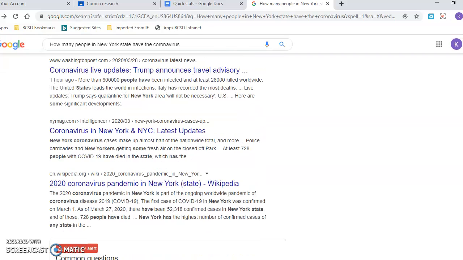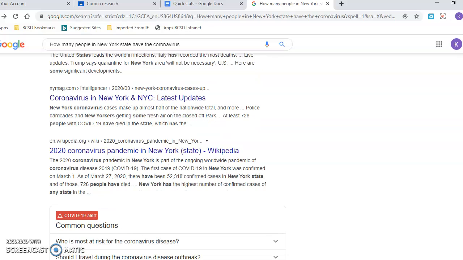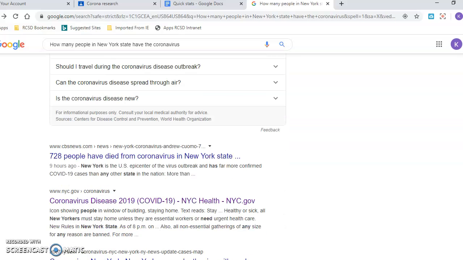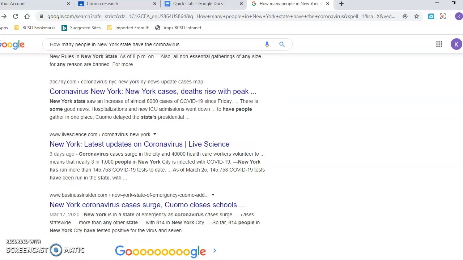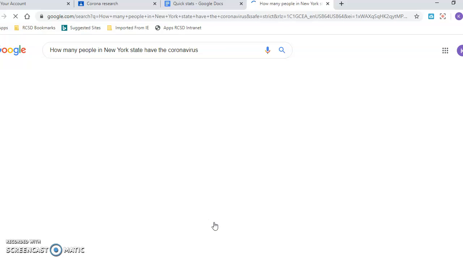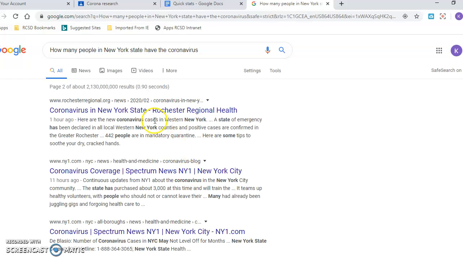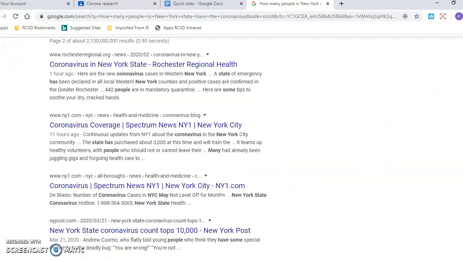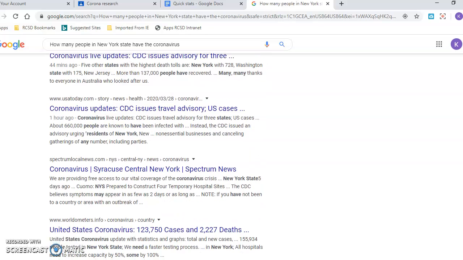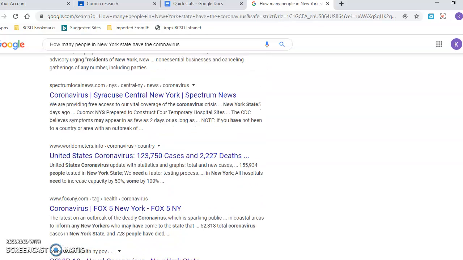Washington Post, coronavirus latest updates, New York City. But again, I'm in New York State. I'm going to keep looking. I'm going to even go to the next page, maybe. And it's okay that it takes you a while. Okay, Rochester. Again, this says New York City, Spectrum News, New York State coronavirus update, Spectrum Local, Worldometers,